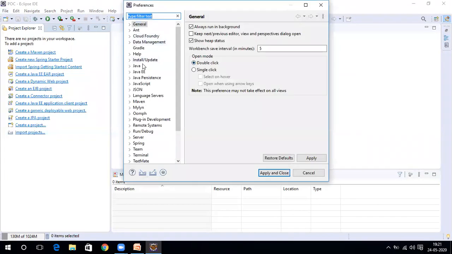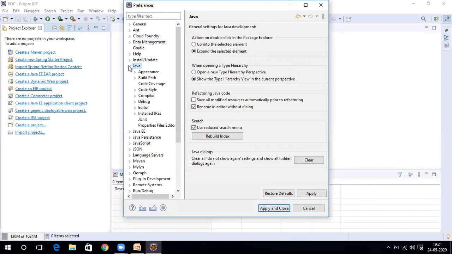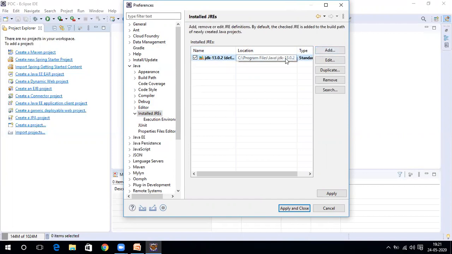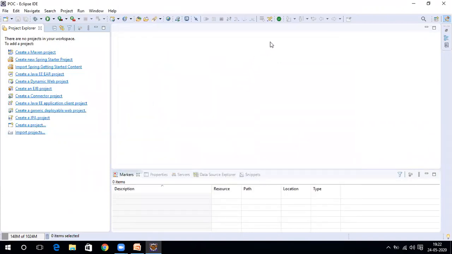Okay, here what you need to do is set your JDK to here, install JRE. So just click on this part. In Windows preferences, you go back to here and then you can see this JDK environment. You just need to add your Java environment to this Eclipse. So whenever you start Eclipse any time, it directly talks to your JDK version which is installed in your machine. Okay, that's mandatory, you need to check it out.